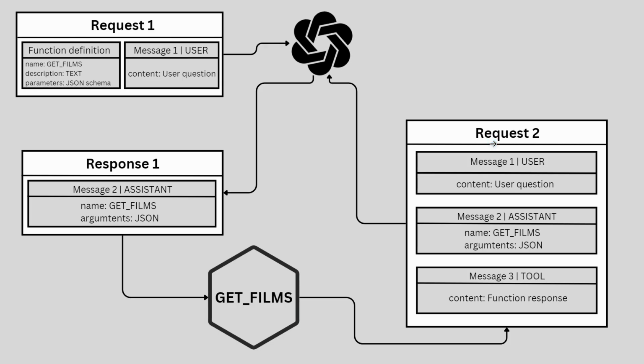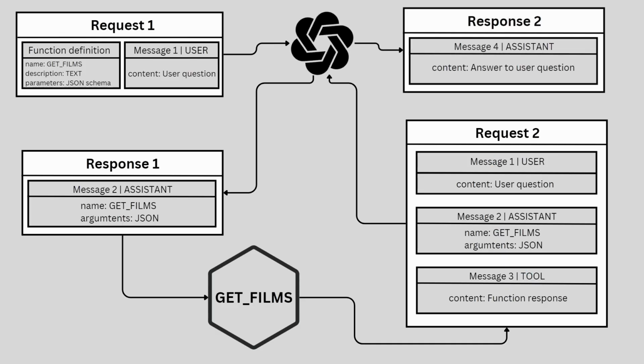It consists of full history with 3 messages. User question, assistant message to call function, and function response inside a message with role tool. And in the end, AI generates a response based on user question and function data and sends it back to the user. So we have learned how to use function calling to make your AI interactions smarter and more dynamic